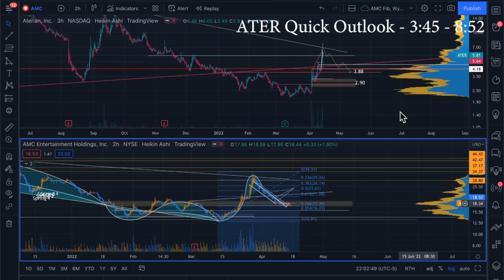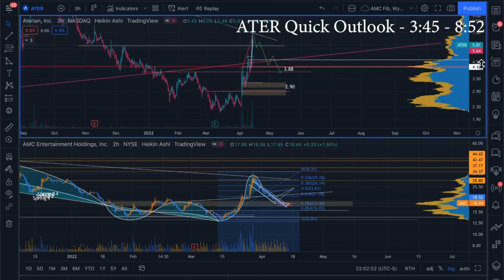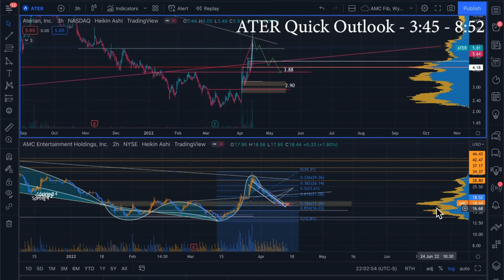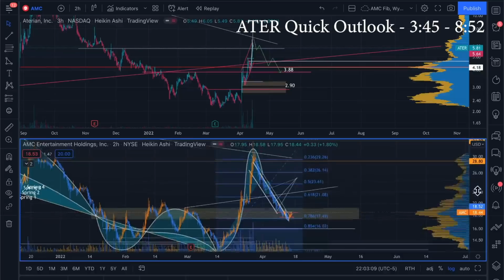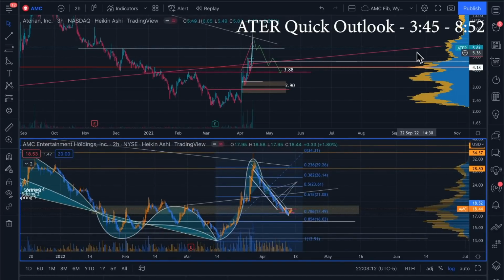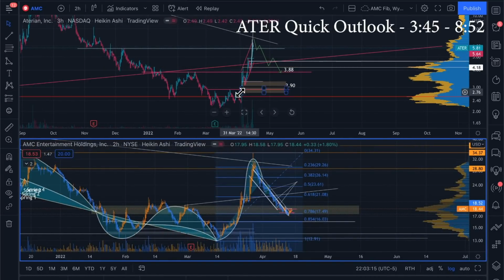So if something similar were to happen for ATER, look at where this pocket is. See right here? This is where we ended up, right in between these two. It looks almost identical in some ways. It's kind of spooky how similar this bottom is in terms of the VPVR, the visible range. It's set up the same way too. It's just that when we were running, ATER was going sideways. So it almost was going in tandem and then all of a sudden it just stopped. And they kept ATER low while AMC was running.